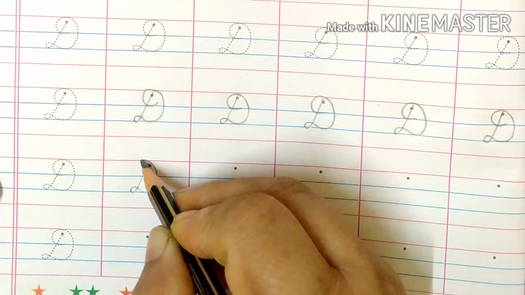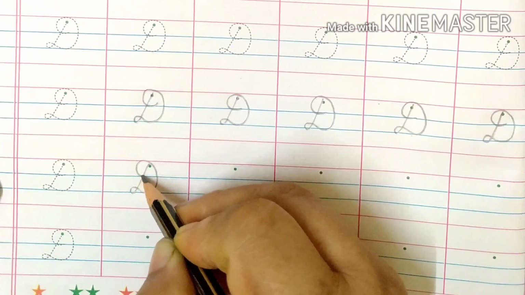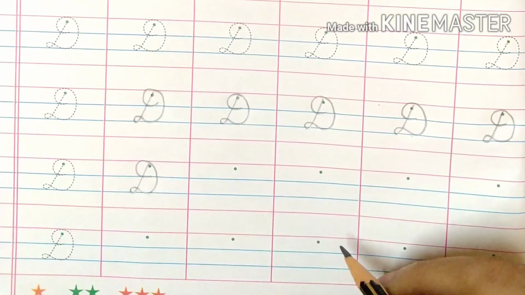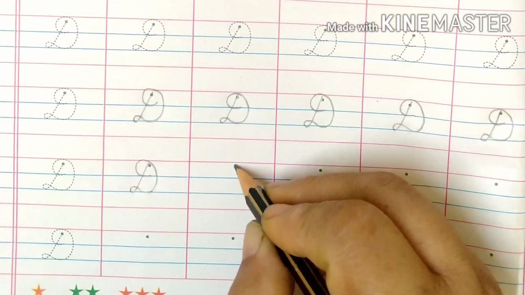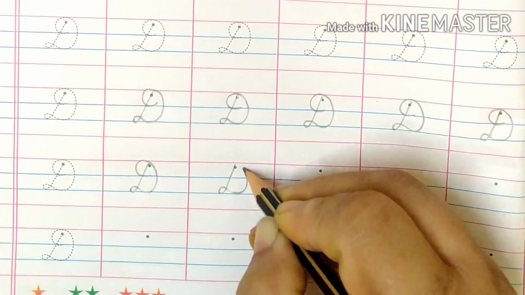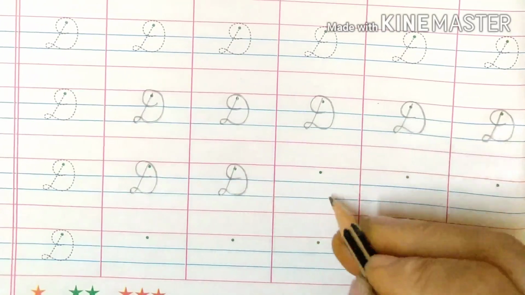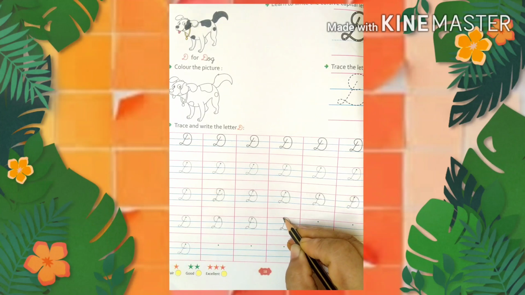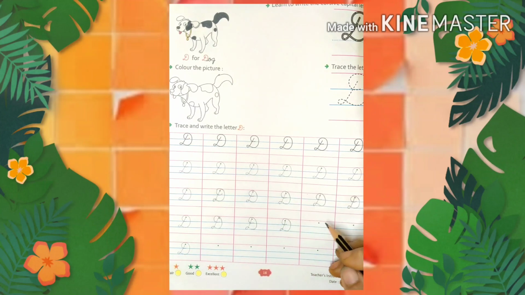Touch it to the top line. Curve it and curve inside. See again. Nicely. Okay, children? So you have to do page number 12, 14, 16 and 18 nicely.